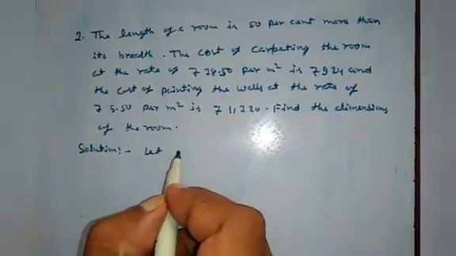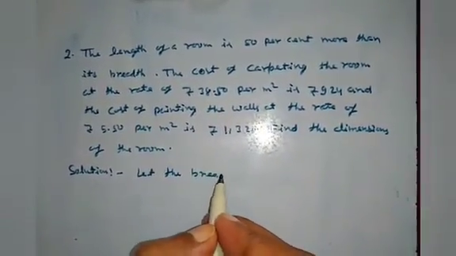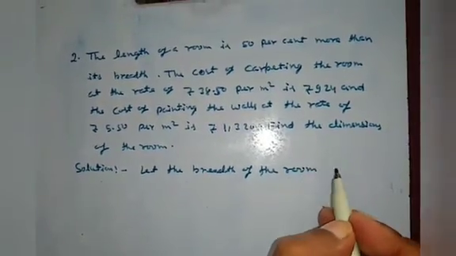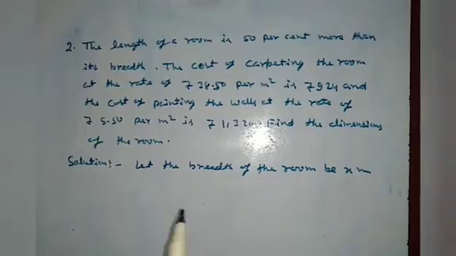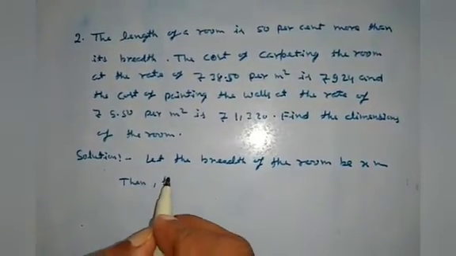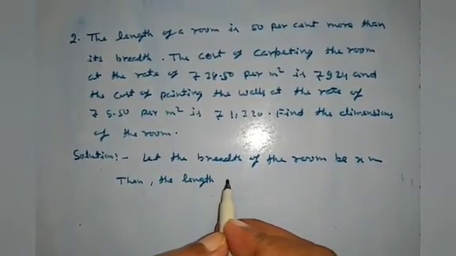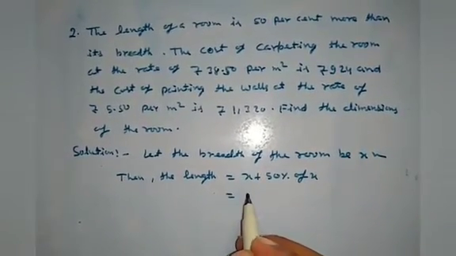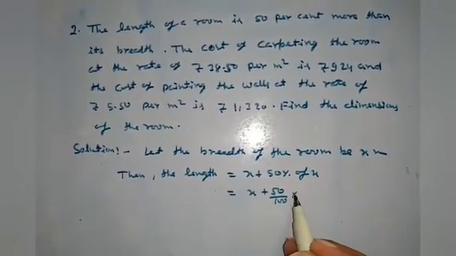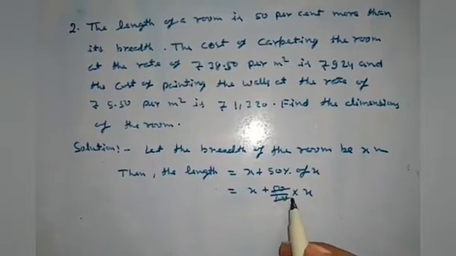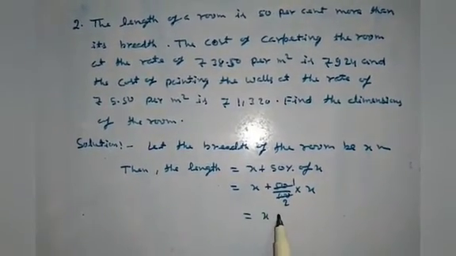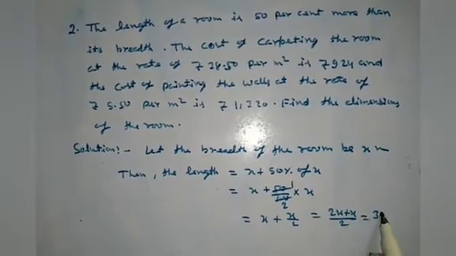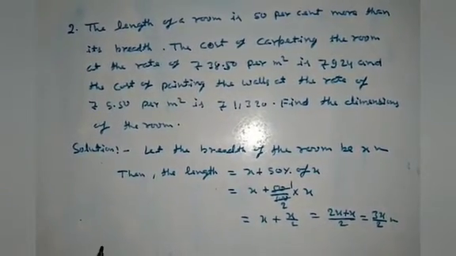Let the breadth of the room be x meter. Then the length is equal to x plus 50% of x, equal to x plus 50 by 100 into x, equal to x plus x by 2, equal to 2x plus x by 2, equal to 3x by 2 meter. So area